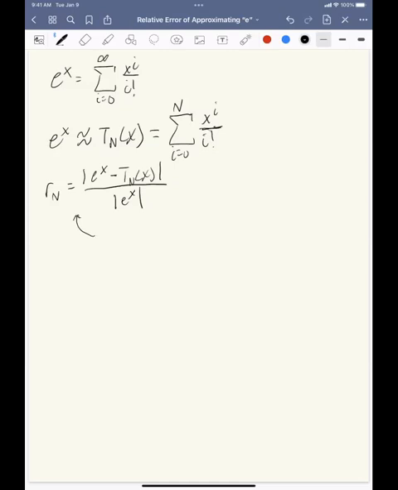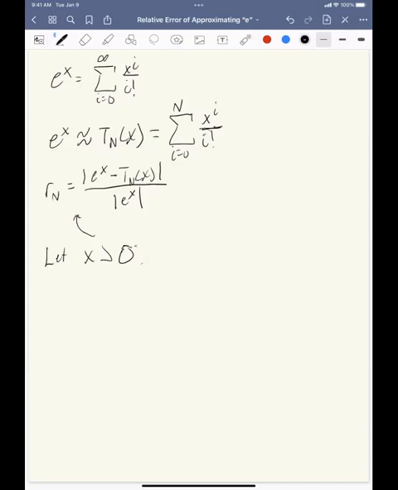So we could actually come up with an expression for this. This expression only works when x is greater than 0. We'll see why. Let's just let x be greater than 0 for now. Now, if we want to find an upper bound for the relative error,